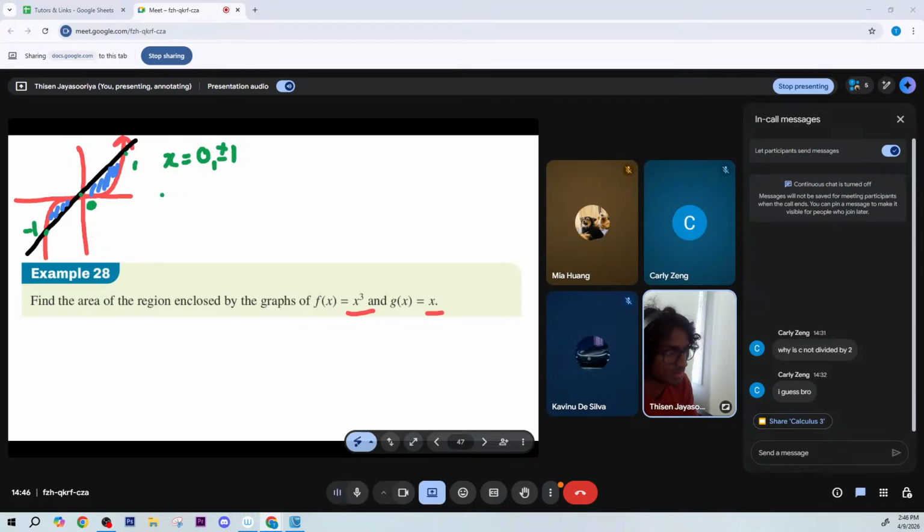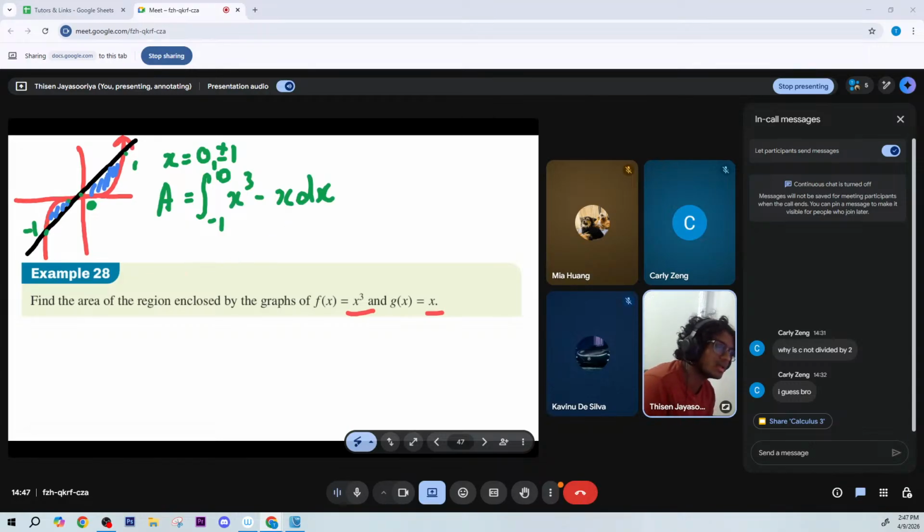I can see that the area A is going to be equal to the integral from -1 to 1 of x cubed take x dx. I mean, wait, 0 dx. Yeah? Now,